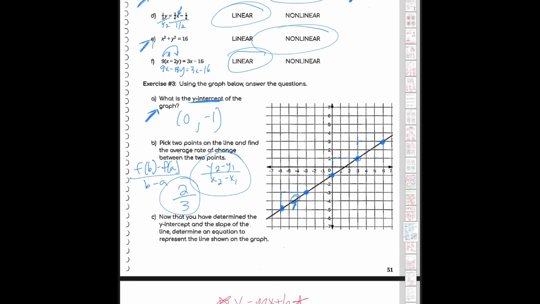And then letter C says, now that you have determined the y-intercept and the slope of the line, determine an equation to represent the line shown. So remember, y equals mx plus b is the slope-intercept form where m is the slope and b is the y-intercept. So now that we know the slope and y-intercept, our slope is 2/3, and we always attach the x, and then our y-intercept was -1, so plus b, which ends up being -1. So there's the slope of that